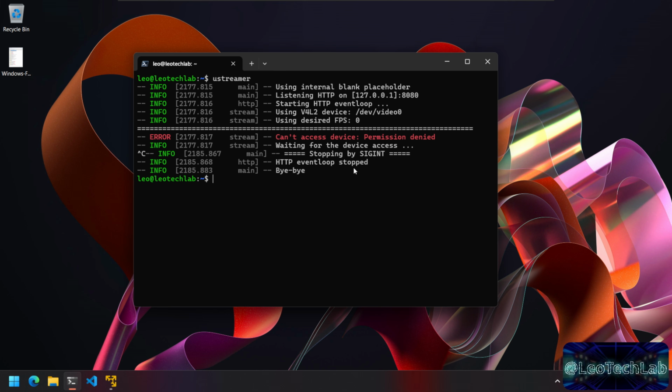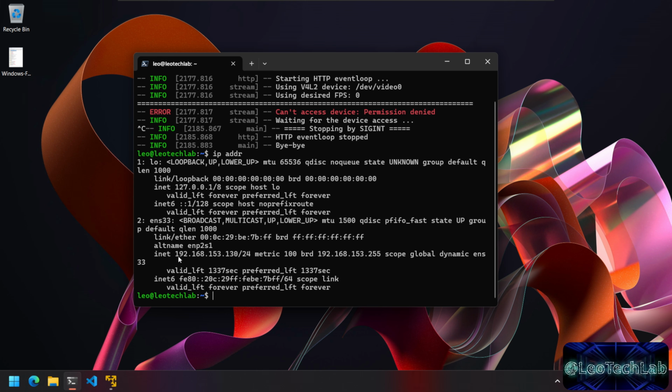Okay, so we need for the VM to be able to listen not only on this interface but on all interfaces. Okay, if a request comes from the network using the current IP of the machine, this one, 192.168.153.130,